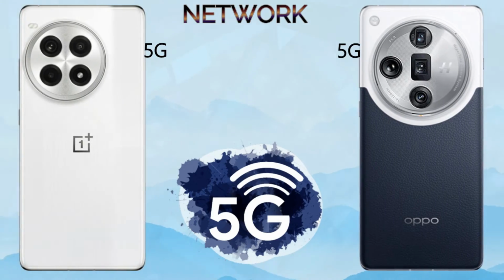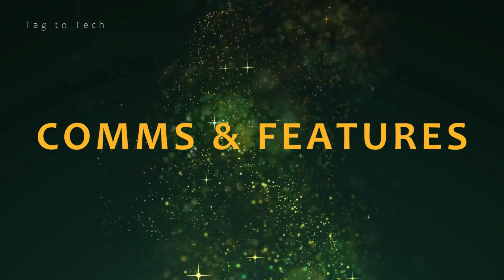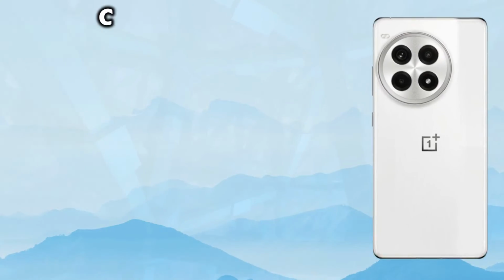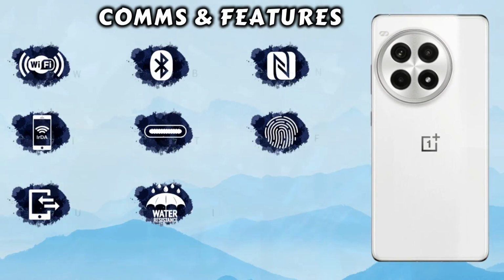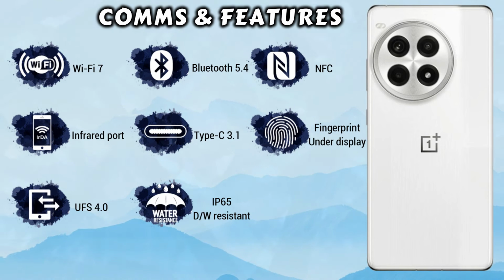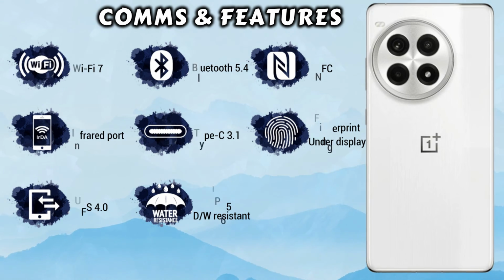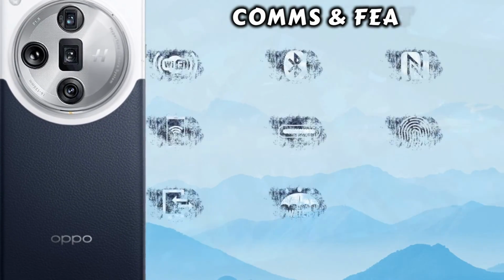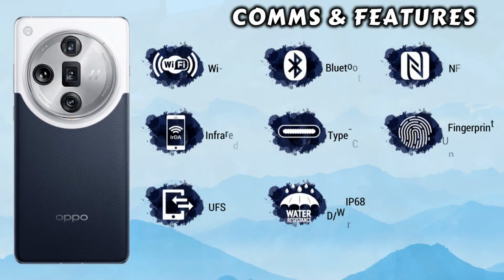The comms and the features: the OnePlus Ace 3 Pro has Wi-Fi 7, Bluetooth 5.4, NFC, infrared port, Type-C 3.1, fingerprint under display, UFS 4.0, and IP65 dust and water resistance. The Oppo Find X7 Ultra comes with Wi-Fi 7, Bluetooth 5.4, NFC, SOS system via satellites for calls and messages, infrared port, Type-C 3.1, fingerprint under display, UFS 4.0, IP68,